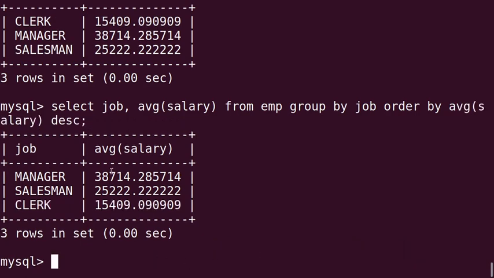See, based on the average salary, the records are sorted in descending order. First value of the average salary, that is 38,714. Next 25,222. Next 15,409. So here the records are sorted based on the average salary in descending order. Next query.